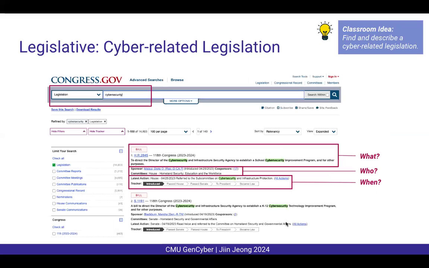So if we go into more in depth of how to actually read what a legislation looks like. If you go to congress.gov, you can search up cybersecurity and find cyber-related legislation. If you look, the first part denotes whether it's a bill or resolution or any other types of action. And in the number HR 2845, this denotes which body it originated from. So this originated from the House of Representatives, whereas Bill number 2, S1191, the S denotes the Senate. So this originated from the Senate.